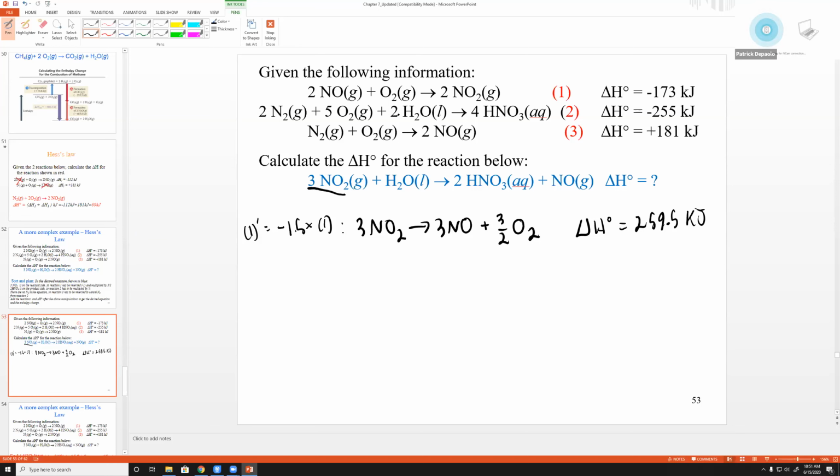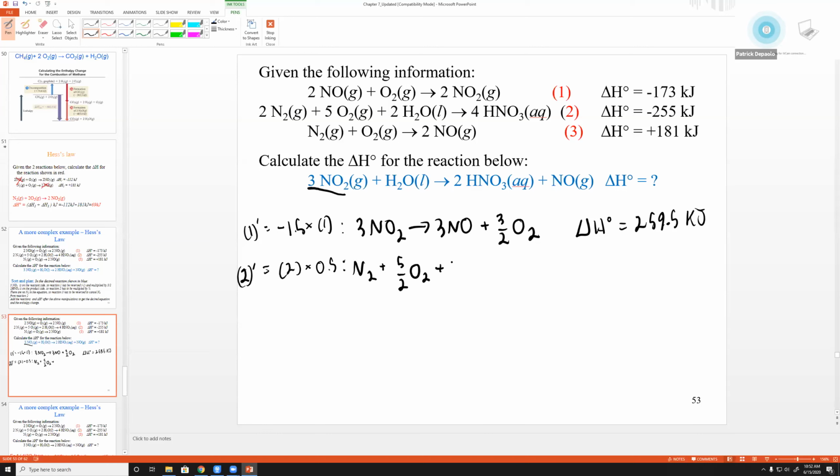All right. Next, move on to water. So water, we want one of them in the reactant. Here, you have 2 of them in the reactant. So we can divide by 2. So equation 2 prime is going to be equation 2 times 0.5. This is going to equal N2 plus 5 over 2 O2